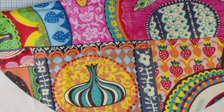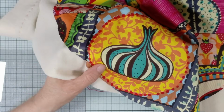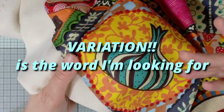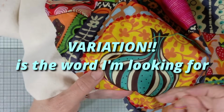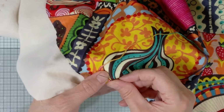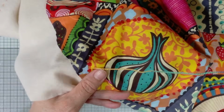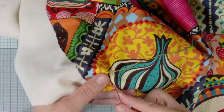And let's have a go at that variety of, what is it you call it? A version, like a version of a chain stitch. So I'm just going to do one kind of normal chain stitch to start with. And that's filled that space nicely. So now with this next one,